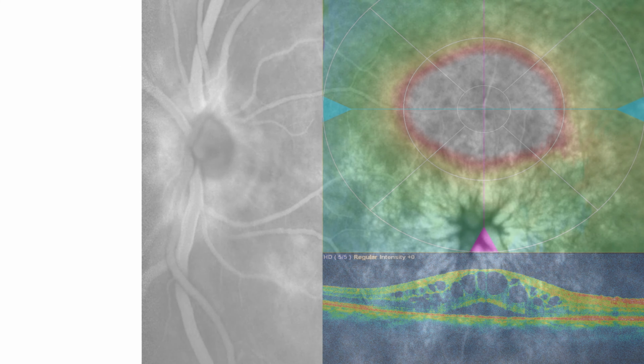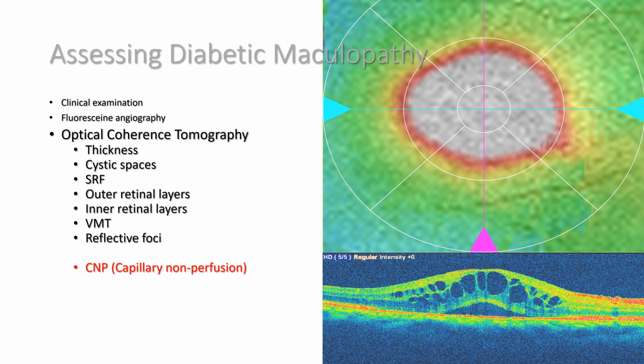Finally, the tool which is most commonly used presently is optical coherence tomography, and this not only gives you presence or absence of macular edema, it also tells you about the thickness of the retina using a cross section of the retina at a desired spot. It provides you the visualization of cystic spaces in the retina, presence or absence of subretinal fluid, the structure and anatomy of the outer retinal layers, the inner retinal layers, presence of any vitreomacular traction, and